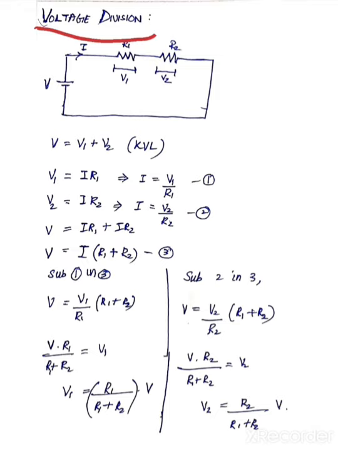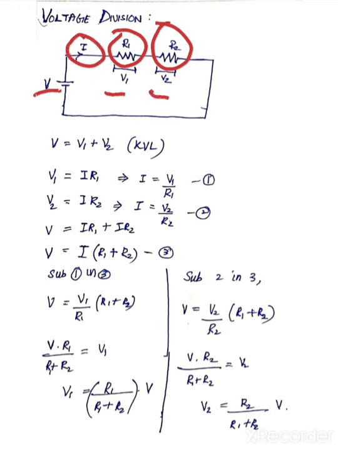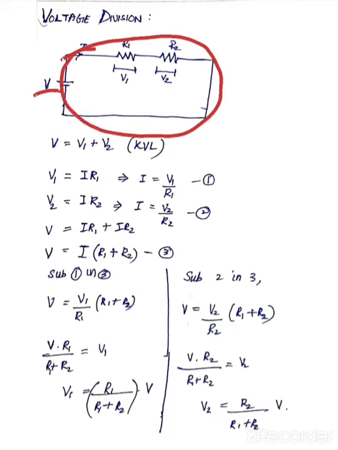Now to learn the voltage division rule, we have to consider a circuit which contains a voltage source, which is V, and two resistances, R1 and R2, whose potential drops are V1 and V2 respectively, and assume that current I flows through the circuit. Now, you know that according to KVL, that is Kirchhoff's voltage law, considering this circuit as a closed loop,